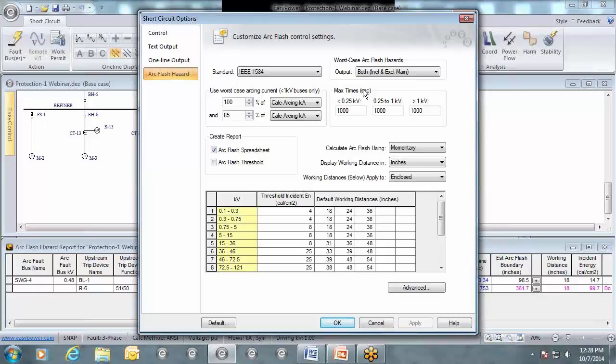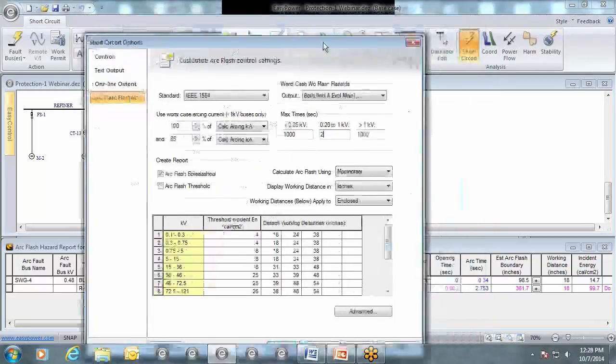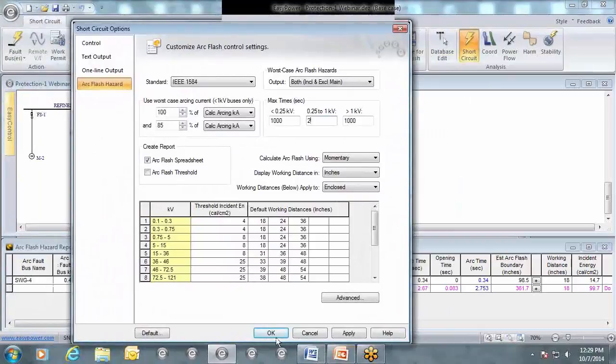And there are times where that case may be good for your use because it can help reduce the incident energy, or reduce it to a level where energized work can be performed. Now, it is something that you need to look at on a case-by-case basis, but I will demonstrate how that works here. So if I just, under our voltage 0.25 to 1 kV, so 250 volts to 1000 volts, if I say OK to this,